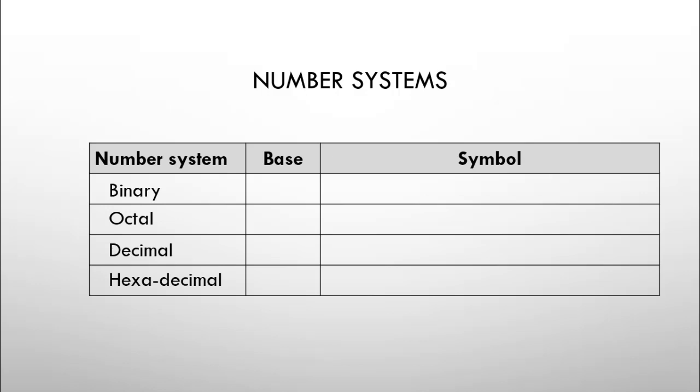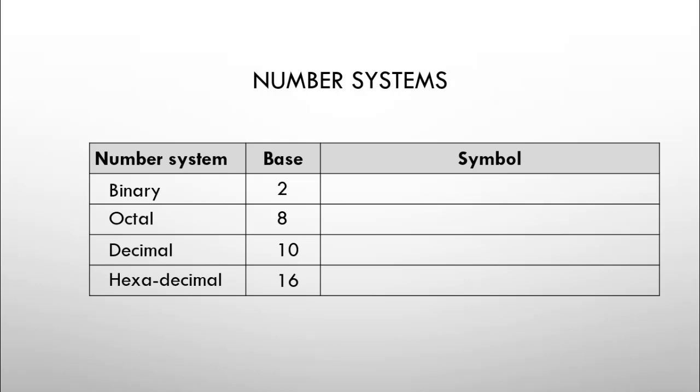We know when I say binary, the word bi means 2, and octal or octagon means 8, decimal or decagon or whatever, means 10, hexa means 6, and decimal means 10, which means it's going to add up to 16. So from the names itself, we can identify their base values. Binary has 2 as the base value, octal has 8 as the base value, decimal will have 10 as the base value, whereas hexadecimal will have 16 as the base value.